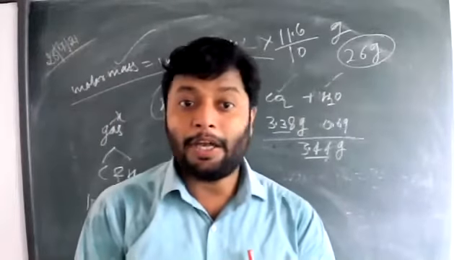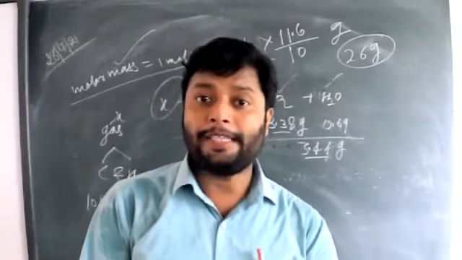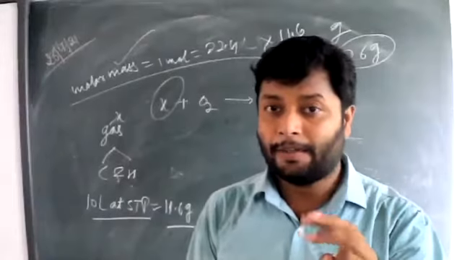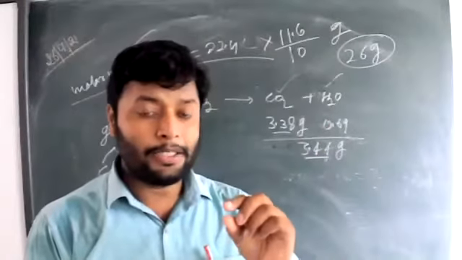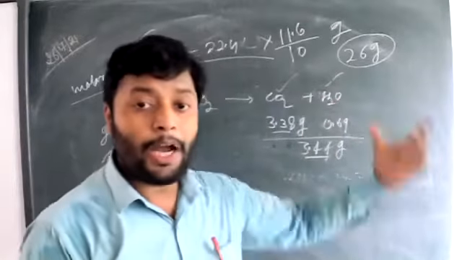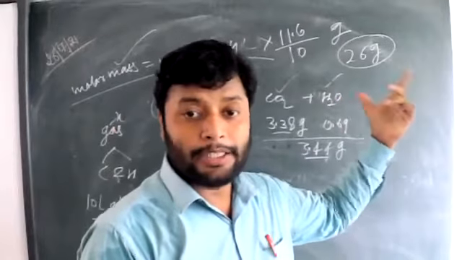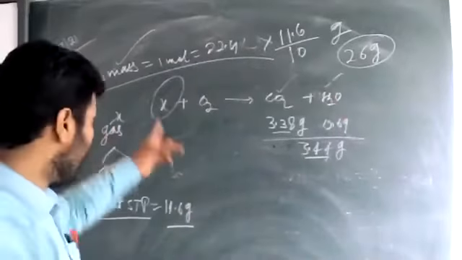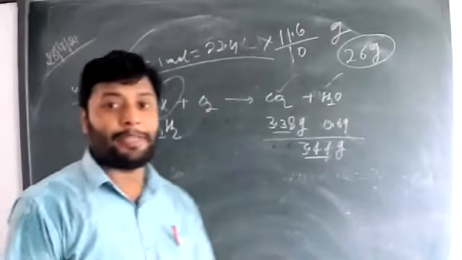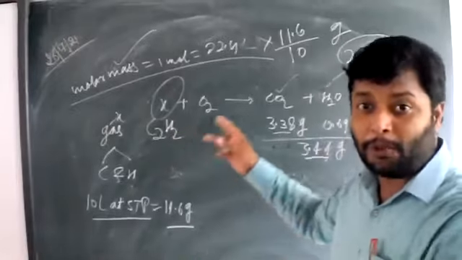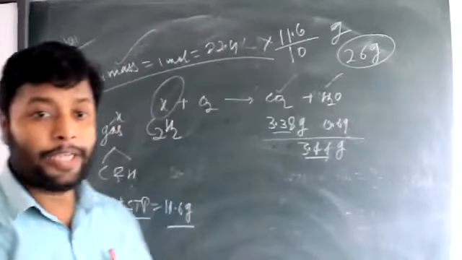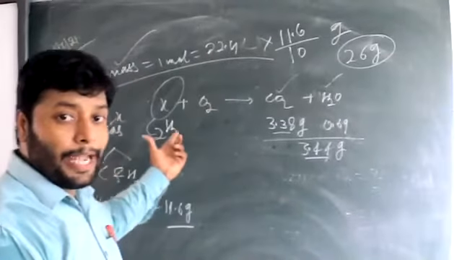So student, now we can guess it. Three questions are given here. First is what is empirical formula, molar mass and molecular formula. Now we have a molar mass of the gas, that is 26 gram. So the gas must be, because the molar mass of the gas is equal to 26, acetylene gas.